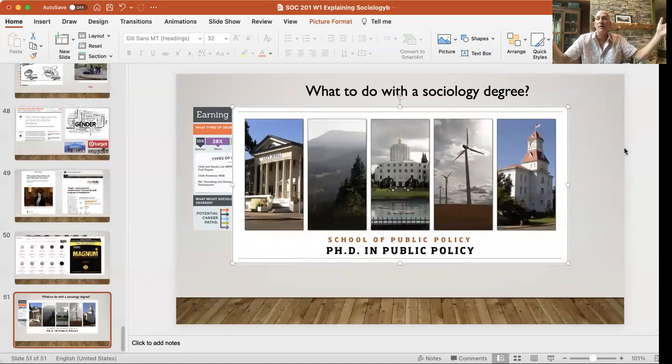A more general umbrella that's at more colleges is public policy. If you're interested in being engaged and trying to understand, for example, homelessness and affordable housing, these are public policy level issues, and being involved in the discussions about those particular things, there are degree programs for that. Those are master's level programs in public policy that have a career pathway to them. If you're interested and want to talk about those options, let me know. I'll be more than happy to chat with you about, in my understanding, those opportunities and their availability to you.